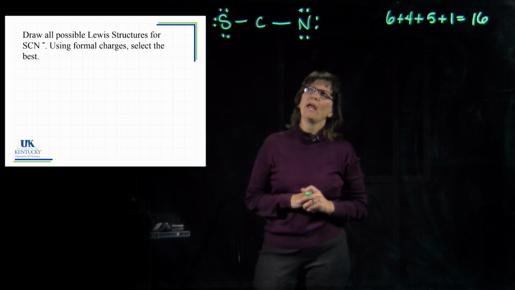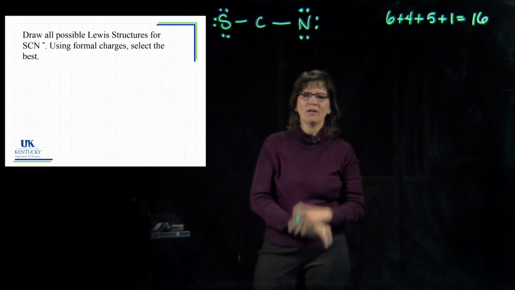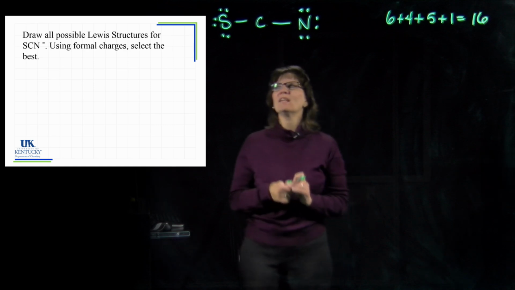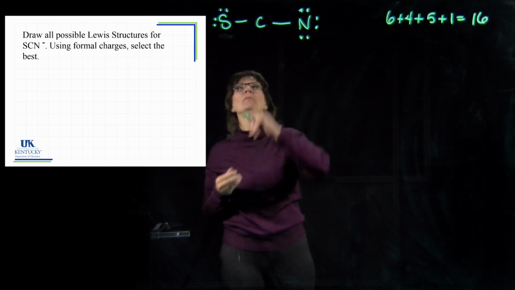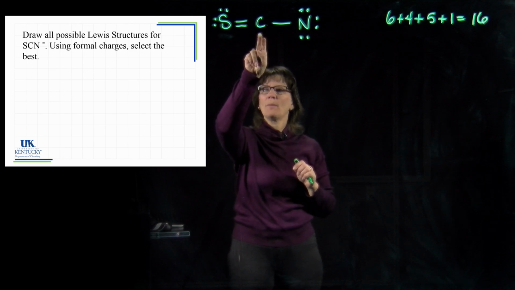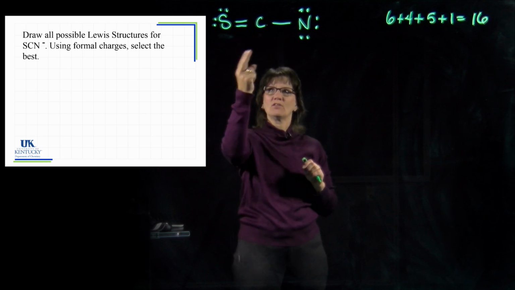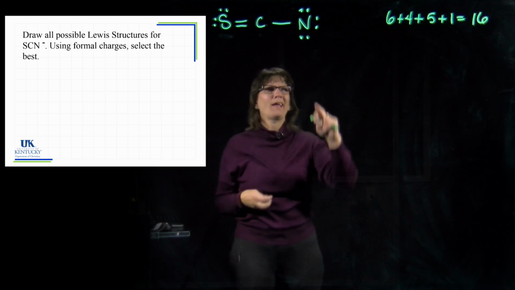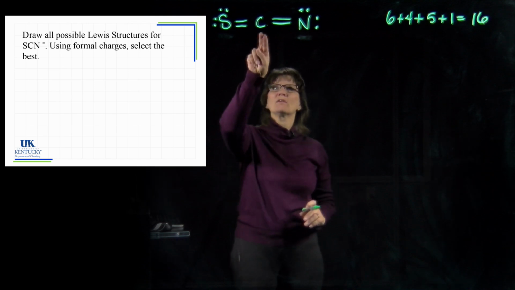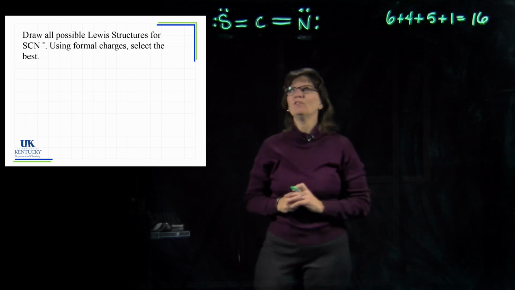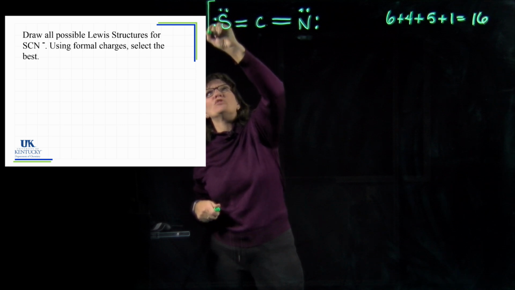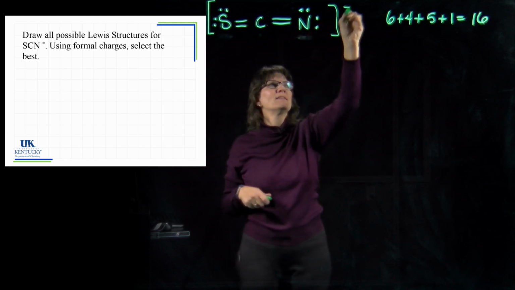So I'm stopping here and I look at it and I see that this carbon is nowhere near happy. He only has 8 valence electrons. So this is where we start shifting. So if I take 2 electrons from here and pull them into here, now the sulfur didn't change how many he had. He still has 8, and that brought carbon up to 6, and that's still not quite there. So I like symmetry, so let's take it from this side and then we'll have that there. So now I've got the carbon satisfied. I've still used only 16 valence electrons. Everybody has 8. I would, in good fashion, put square brackets around it with a minus out here,